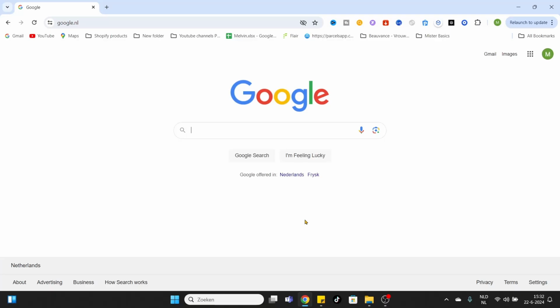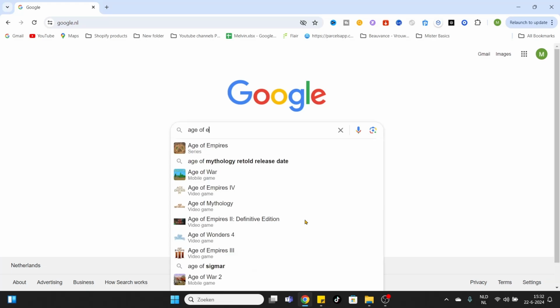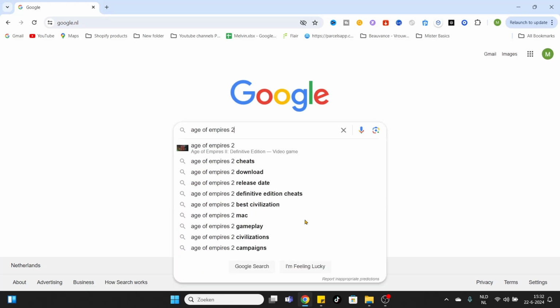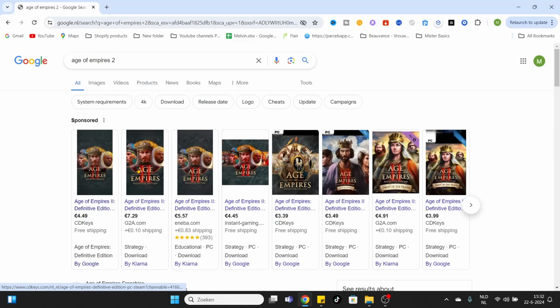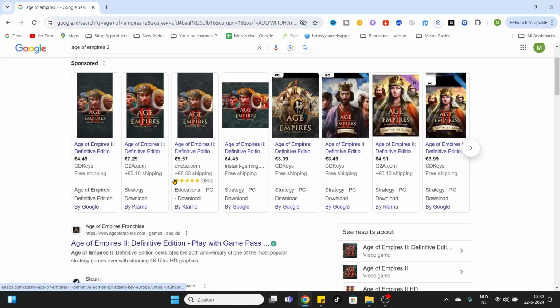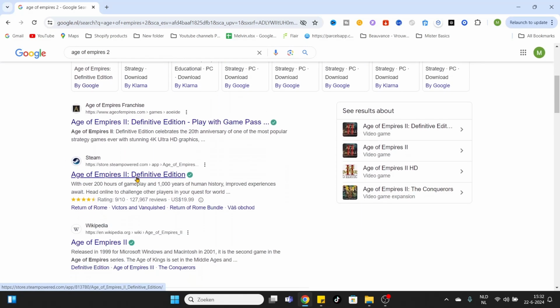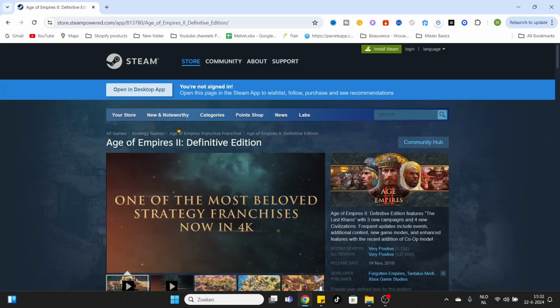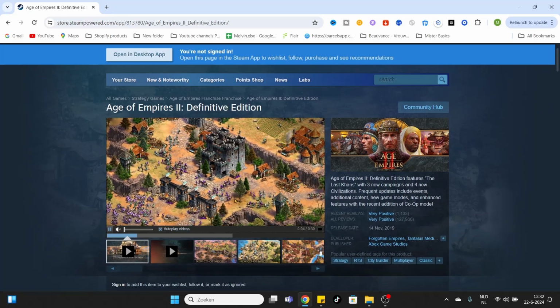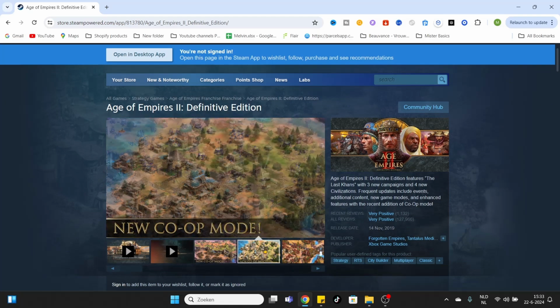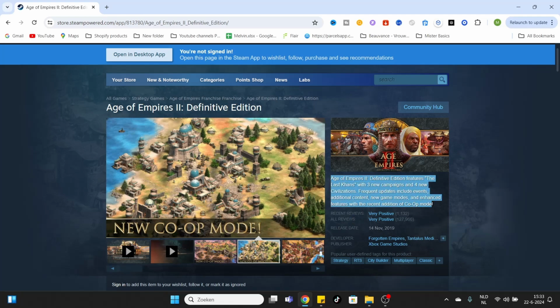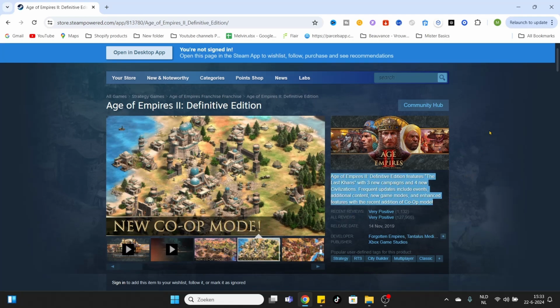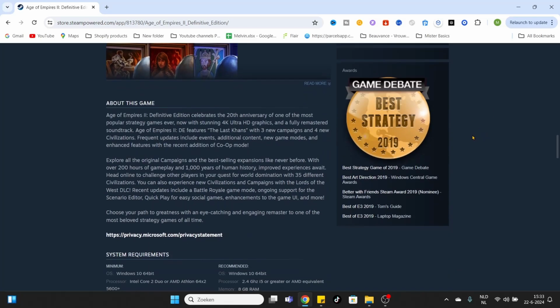As you can see, I have opened Google, and after that we will search for Age of Empires 2. Just click on it. Now you see a lot of options, but we will scroll a little bit down to the link of Steam. Steam is an official gaming platform, and as you can see, they are showing us some videos, some screenshots, and also some information about this game, and after that we can scroll all the way down